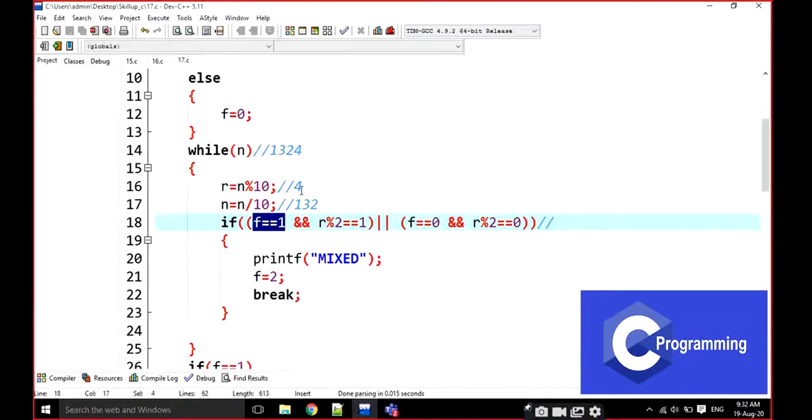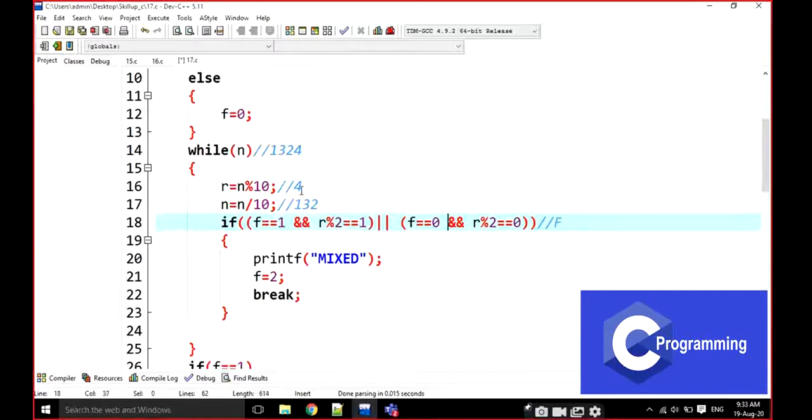Then I am going to check, is r mod 2 equal to 1? No, not at all, it is not exactly divisible. This is false. Why? Because 4 is exactly divisible by 2. That means 4 mod 2 is equal to 0, not 1. That's why this condition is false. This total condition is going to be in a false state.